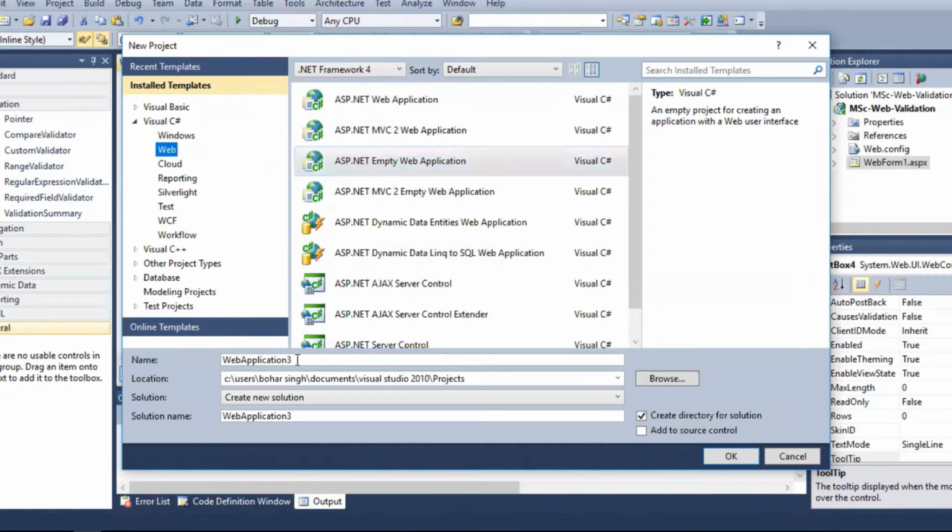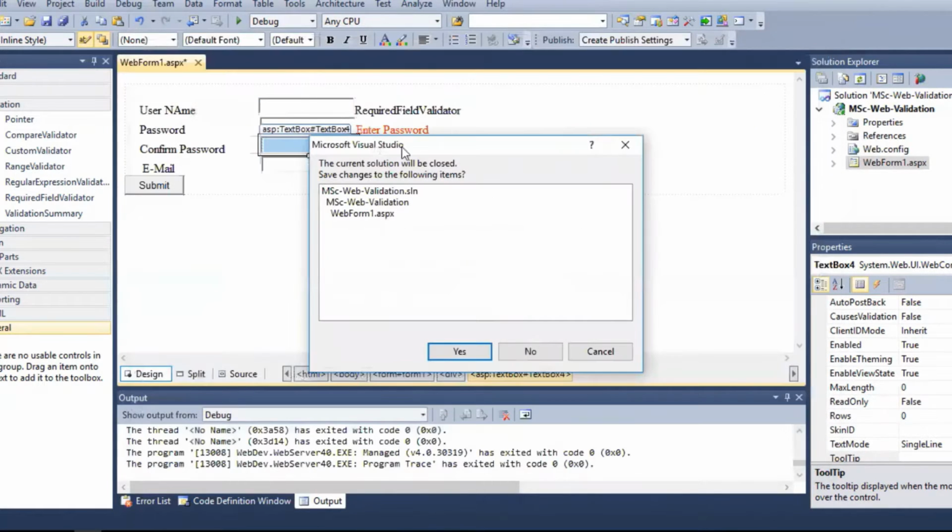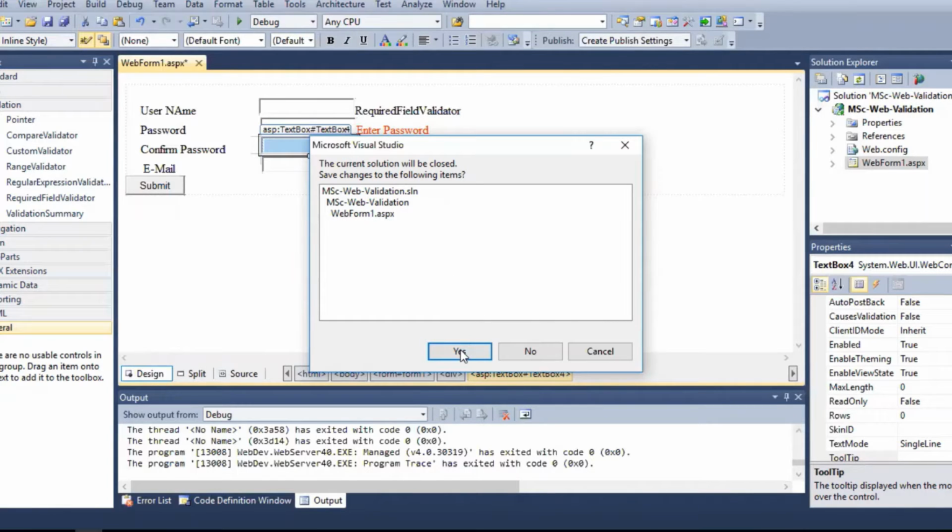So for example, if I click on the empty web application, then put up the name, then click OK. Then save the MSC web application solution, which I have already opened. Click yes.